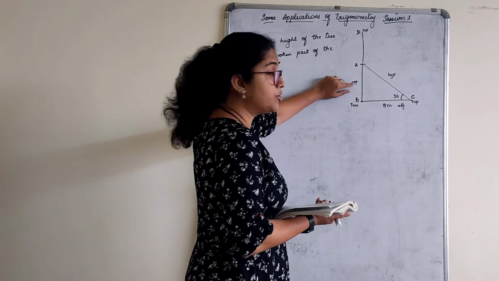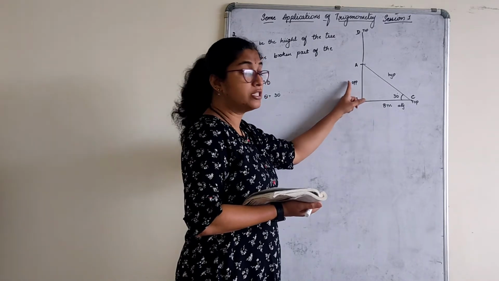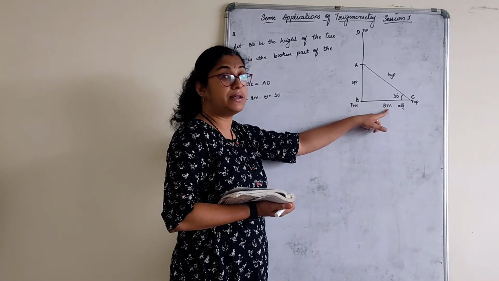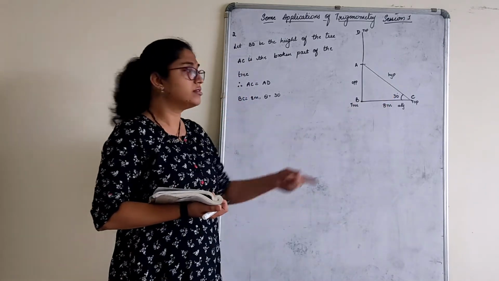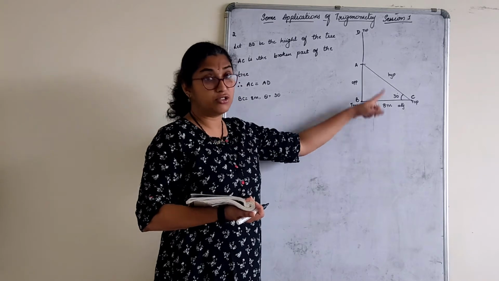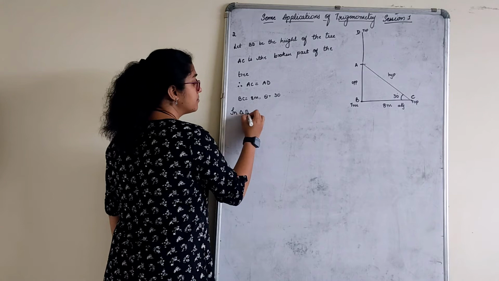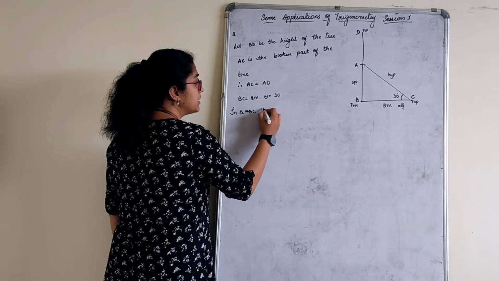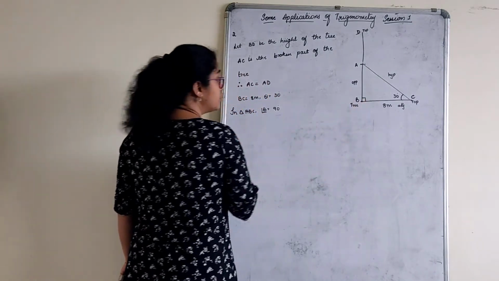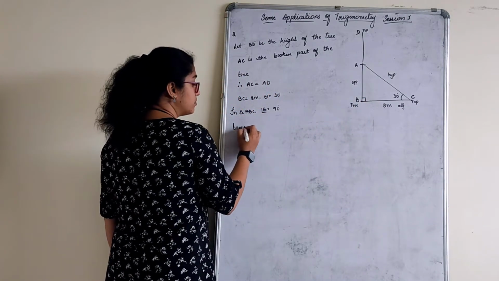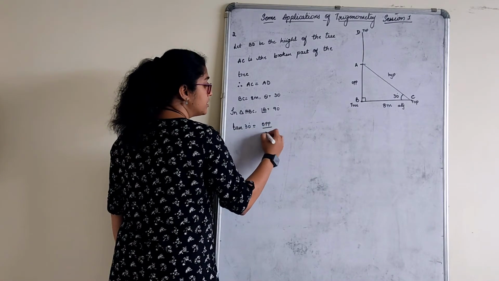First let us find the opposite part with respect to adjacent. Opposite you have to find, adjacent is given. Which is the best known ratio to find? Tan I can use, cot also I can use. Tan is opposite by adjacent. So shall I use tan here? Yes. In triangle ABC, angle B is equal to 90. So tan 30 is equal to opposite by adjacent.